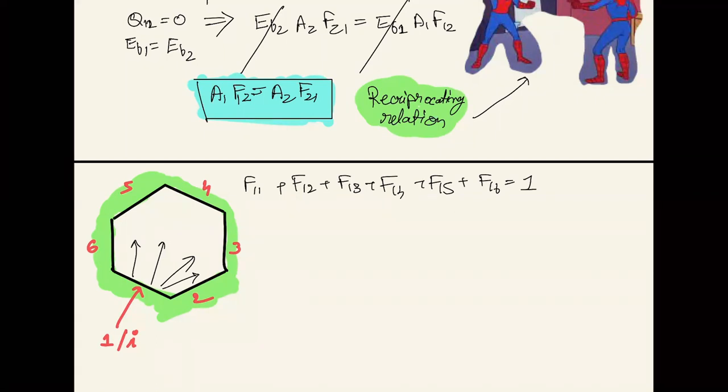Alright, now I will try to take some examples. I will try to take an example and show you what is a self view factor, and how it can be non-zero in some cases. Before that, I would like to pose one question in front of you. Let's say we have, first we'll start with two surfaces. We have two surfaces, right? So how many view factors will I require?